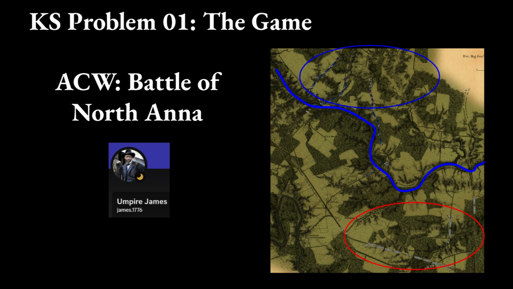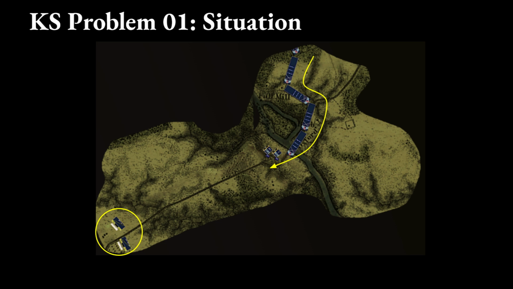You see the river in blue. The blue circle in the north are the Union forces, the red circle in the south, the Confederate. We're looking at the situation faced by the player in the role of Brigadier General Robinson, the Union 1st Brigade commander. The other brigades are advancing toward their shared objectives on different routes, so the 1st does not have contact